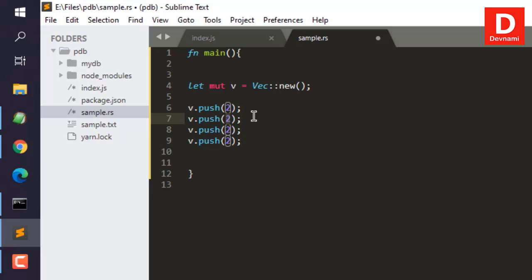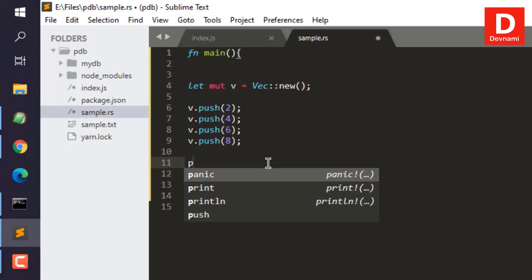Okay, and just change the values, say 4, then 6, then 8. Okay, so 2, 4, 6, 8. So what this push will do is it will add these 4 values into our vector v. Okay, and if you wish to output all these values, what you will do is use println,